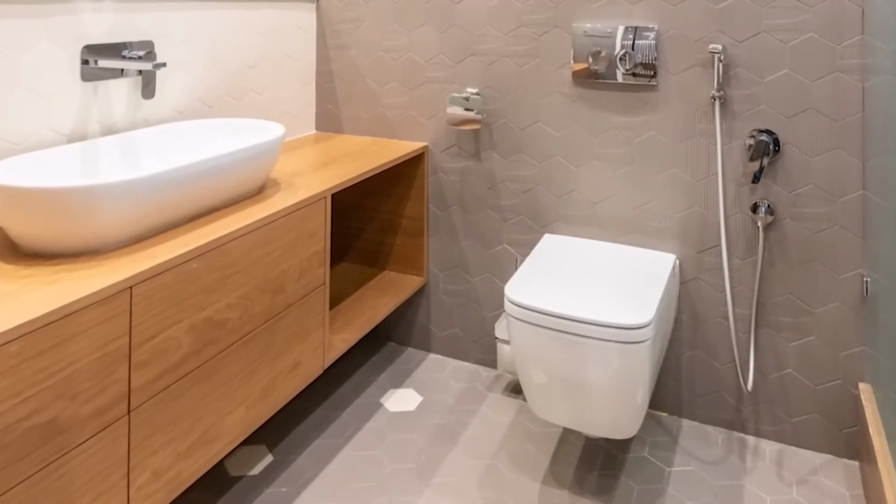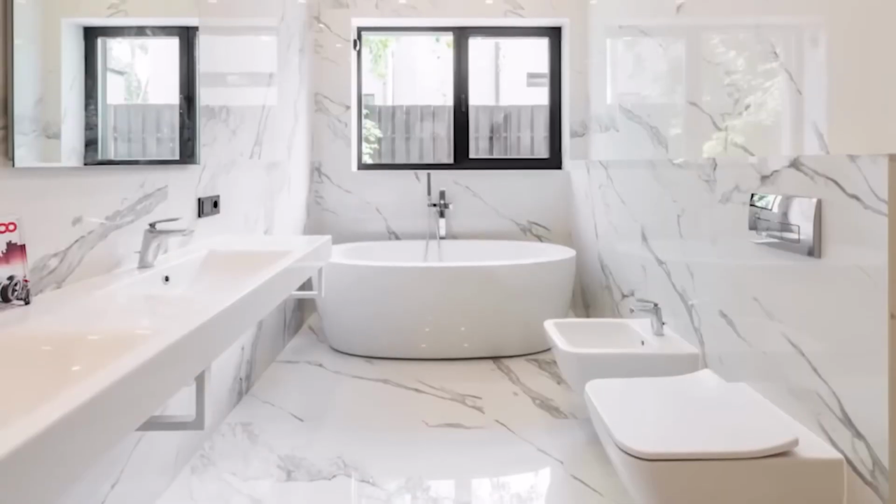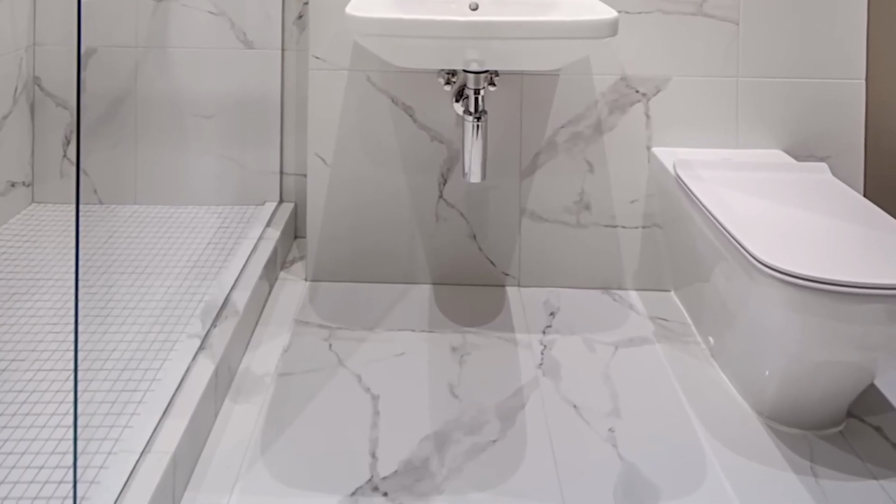Almost all brands have this style of porcelain tile model. There's one size for the floor and another for the wall. Or you can use the same 90 by 90 size on both the floor and the wall. But that's a style, it's a big trend, right? For those who are already used to it. People are already used to seeing this style of decoration, but it's coming on strong now and it's going to look really cool. If you do it, use the same covering on the floor and on the wall of your